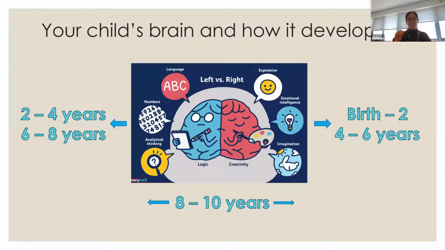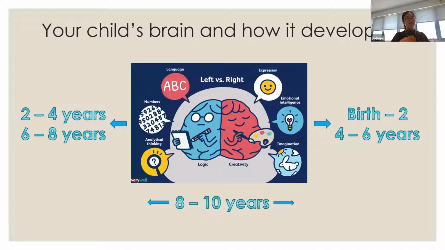And then apart from the bottom up, there's also the left and right development of the brain. The right side is the more emotional, non-verbal, social interaction side, reading into things like body language. That develops from birth to 2 years old, and then again between 4 to 6 and 8 and 10. The left side of the brain, which looks at things like language, numbers, more logical thought processes, develops between 2 to 4, and then 6 and 8.